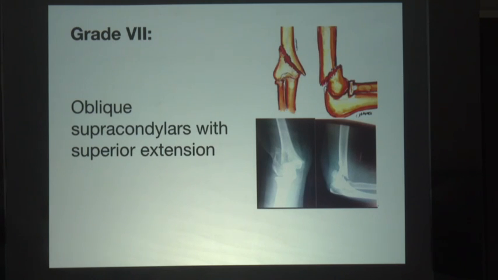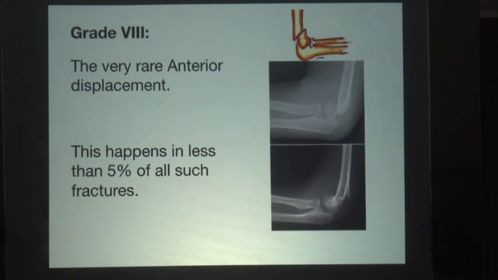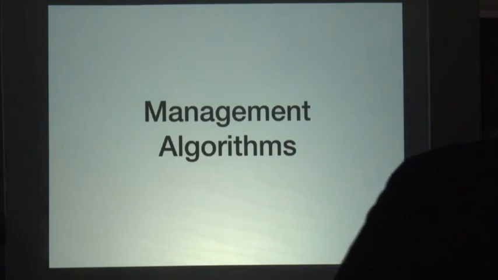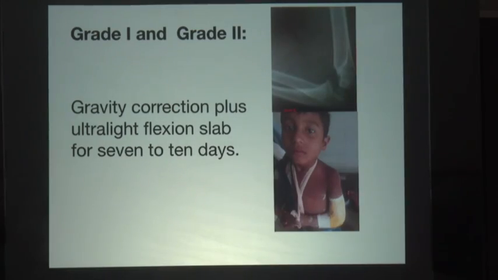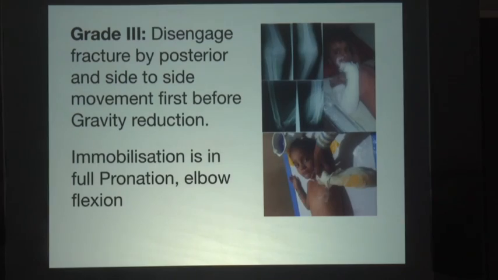They are always left with need invariably flexion, external fixation. And this is the last one, with a very rare anterior displacement, the Gardner flexion type, which happens in less than 5% of supracondylar fractures. So what are the algorithms? Grade 1, gravity correction plus ultralight flexion slab for 5 to 7 days. That's all the extent of the slab you have to put. That's all. Grade 3, you disengage the fracture by posterior and side to side movement first before gravity reduction, and